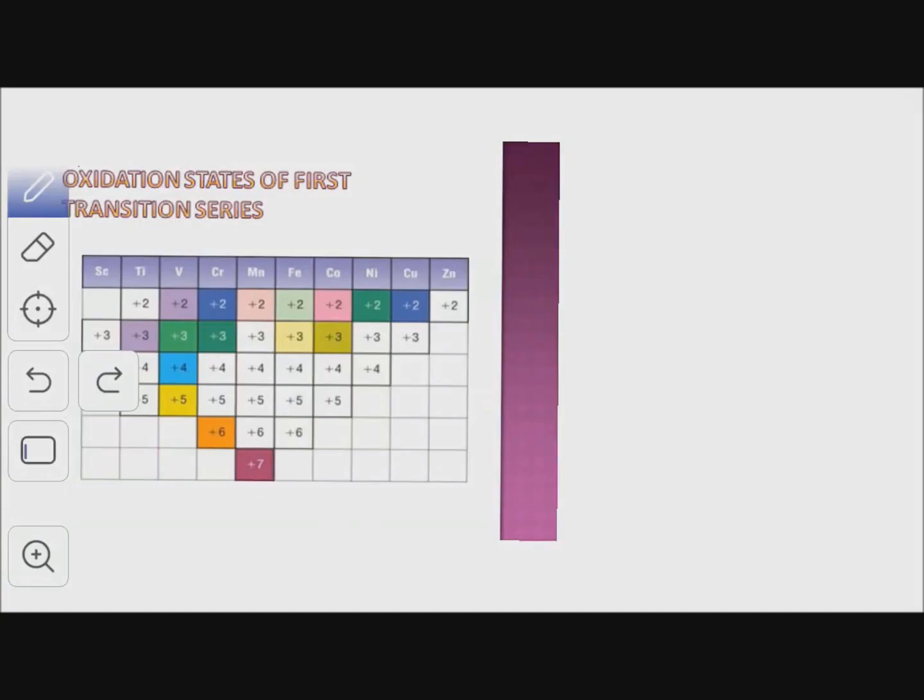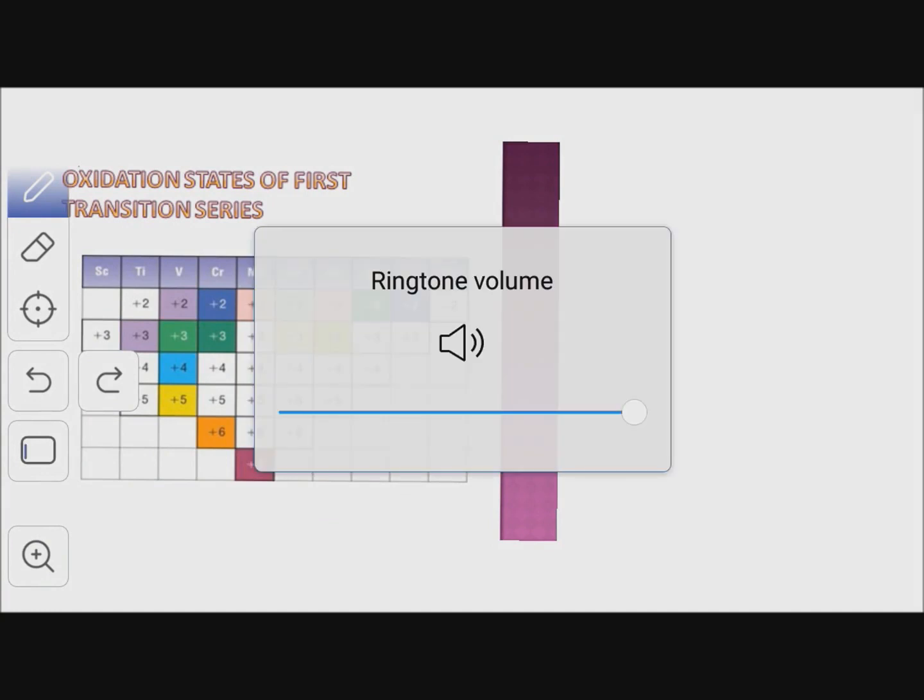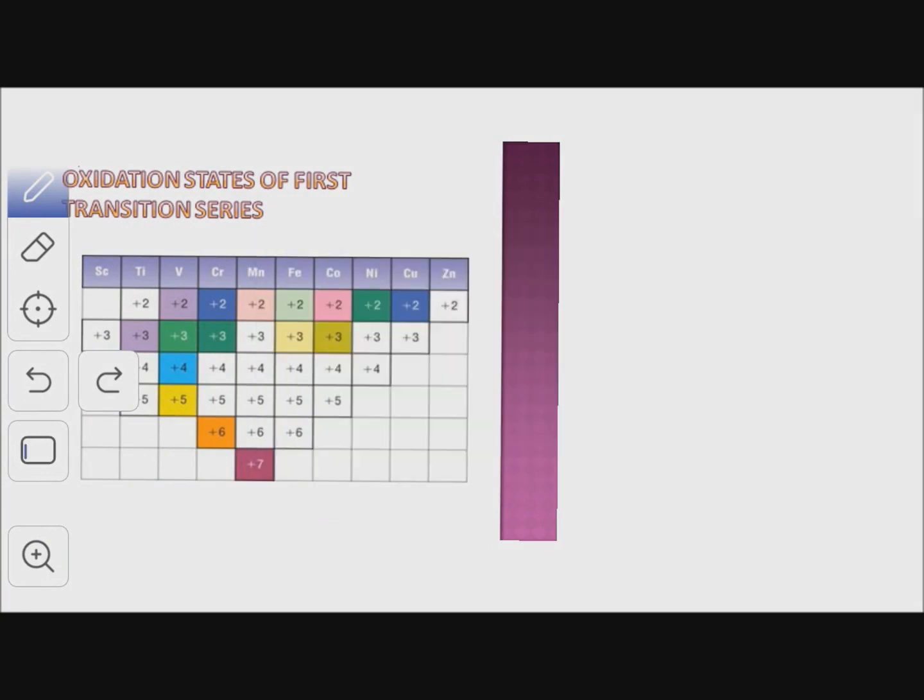Oxidation states of the first transition series. Why do transition elements show variable oxidation states? The reason behind the variability of oxidation state in transition elements is that